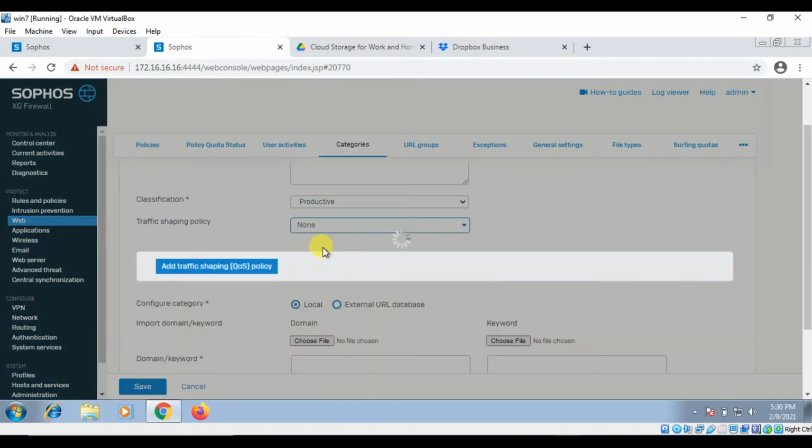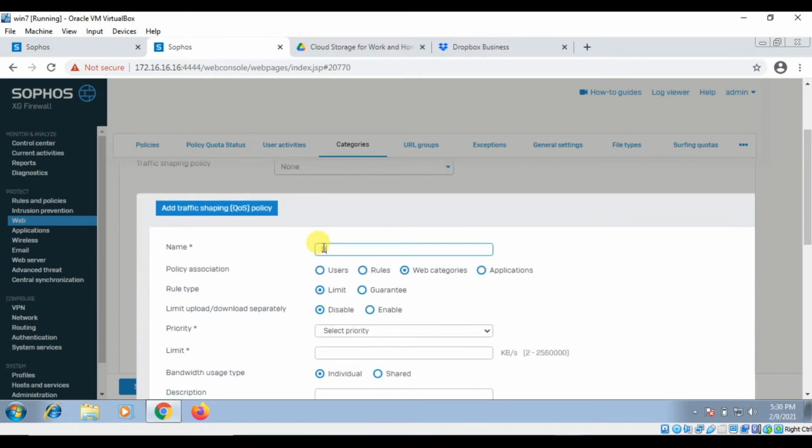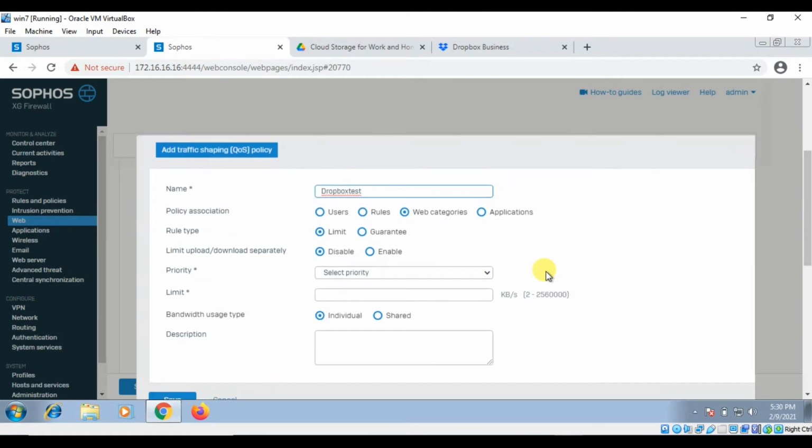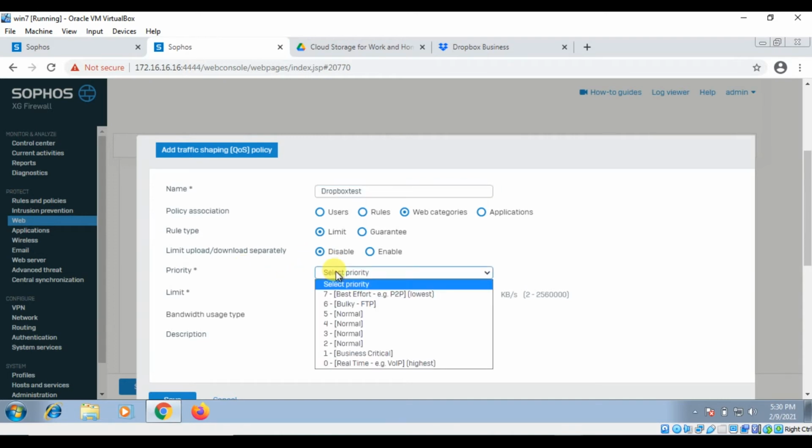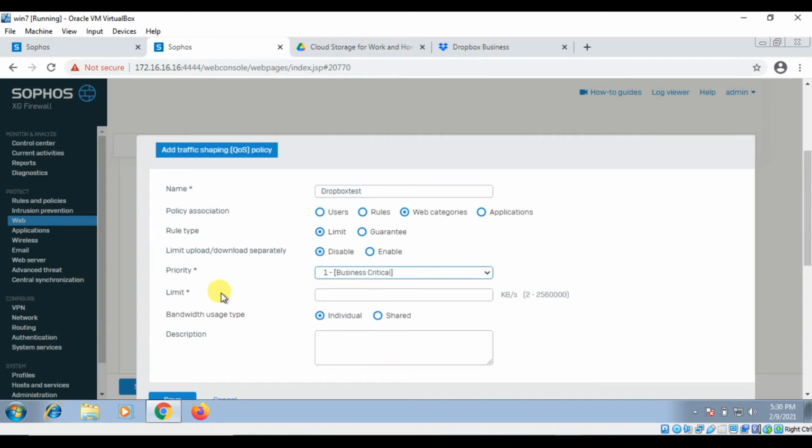I'm clicking on create new, give the name. Here the web category is automatically selected. My rule type is limit. Upload and download separately is disabled. For priority, I'm selecting business critical.